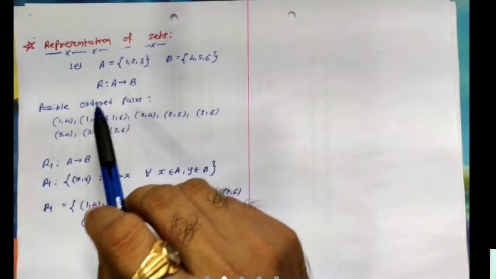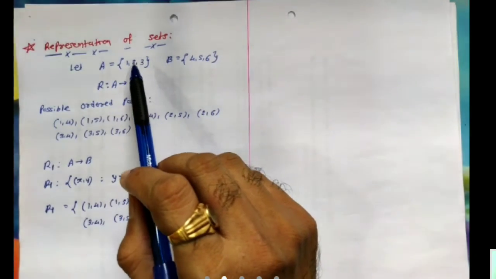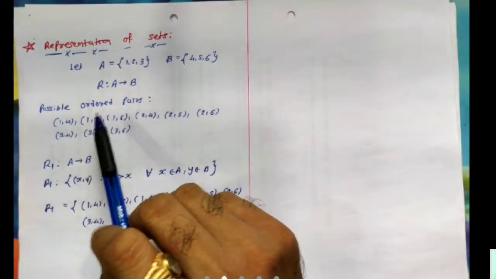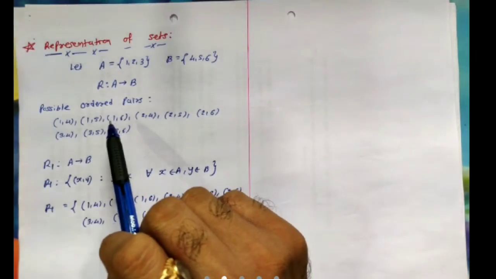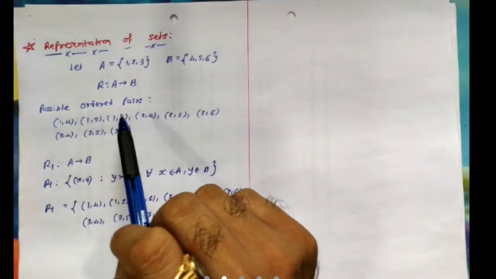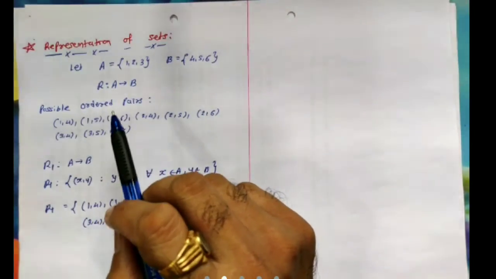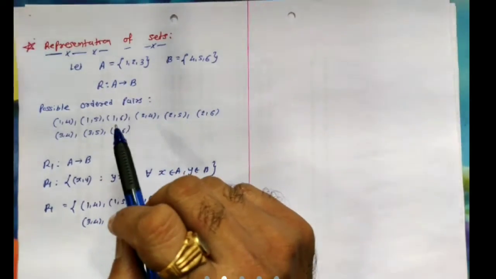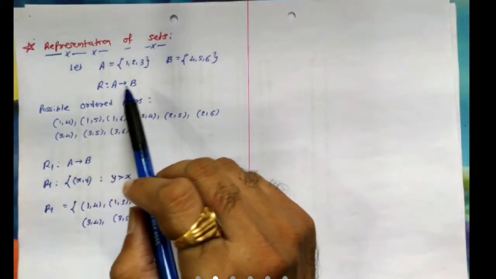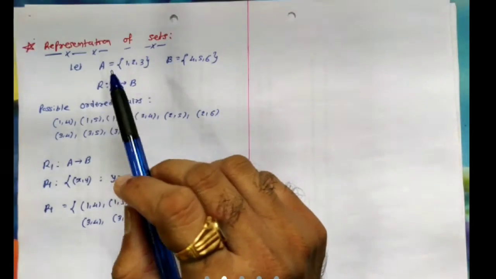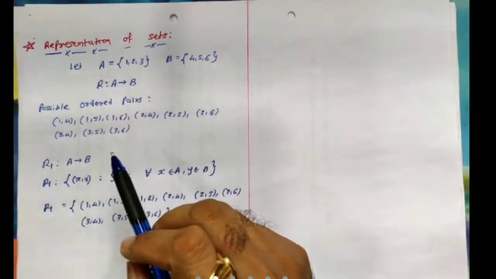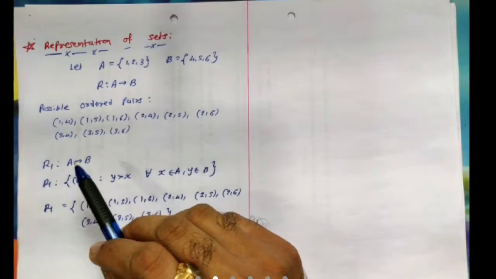All possible relations between elements of set A and elements of set B are the ordered pairs, which are nothing but the elements of the Cartesian cross product. So to find the relation, we are describing the relation. Here we have said the relation between set A and set B, but which relation is that? Here we have not described the relationship between elements of set A and set B. Then we start describing the relationship.